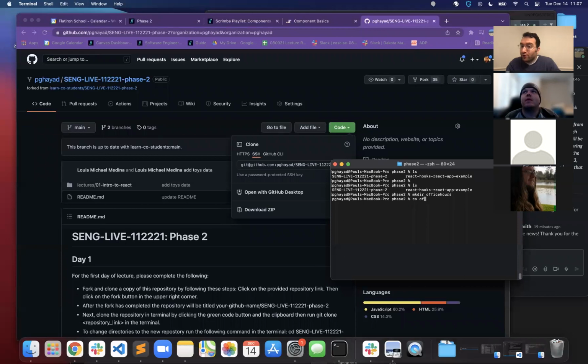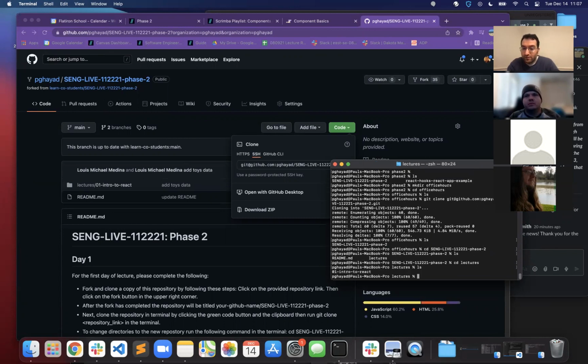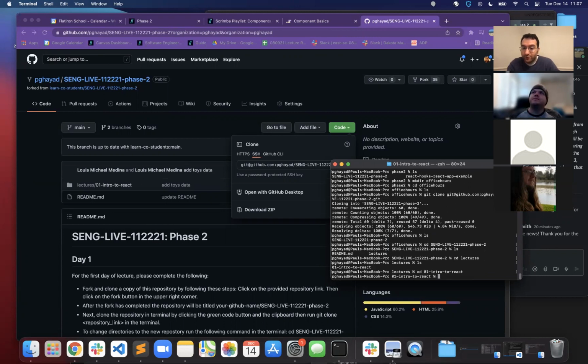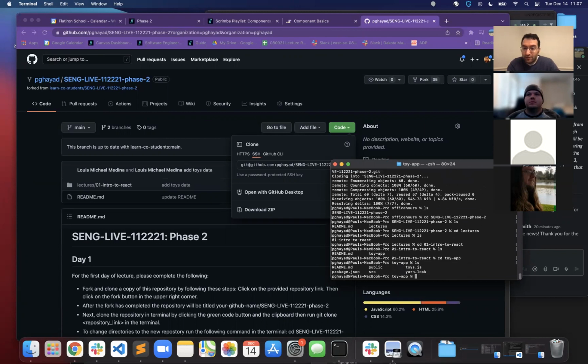CD, and then I hope you all know you can hit tab to auto complete. Sorry, CD. And now we have, there's nothing in it, ls, so we can git clone into here. And there it is now. Let's get all the way to where we need to be, which is the toy app. And there it is. And we look inside, there's a bunch of stuff, and we can do code dot